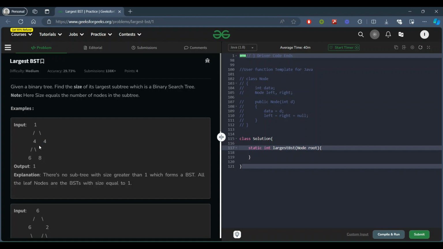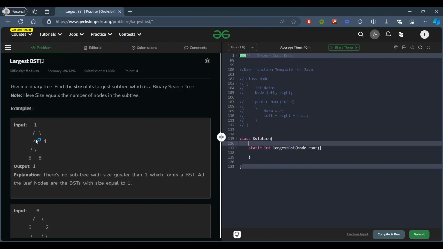If those two conditions are satisfied, that means our current node is forming a BST, and in that case we have to consider our subtree size. So we have to take a class such that we can keep the maximum, minimum, and the size variables inside it for each and every node.